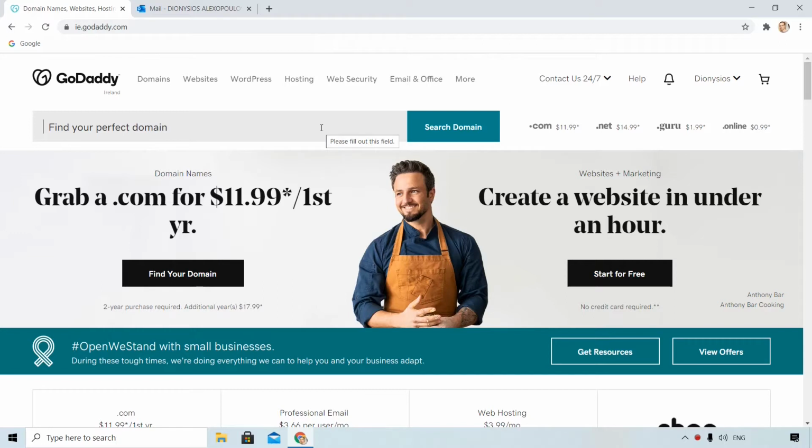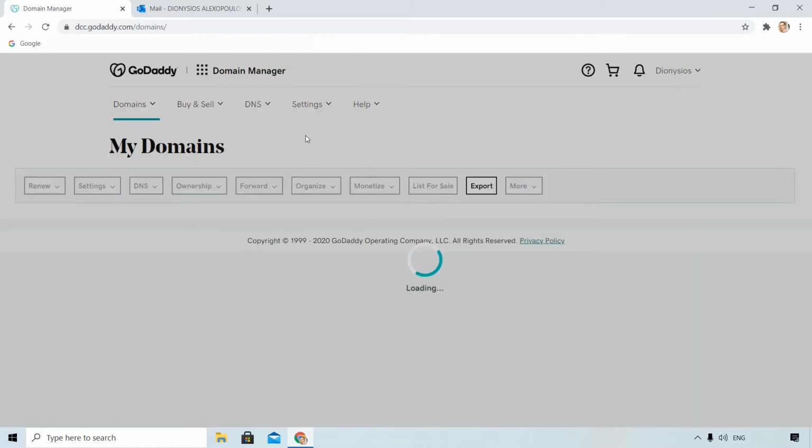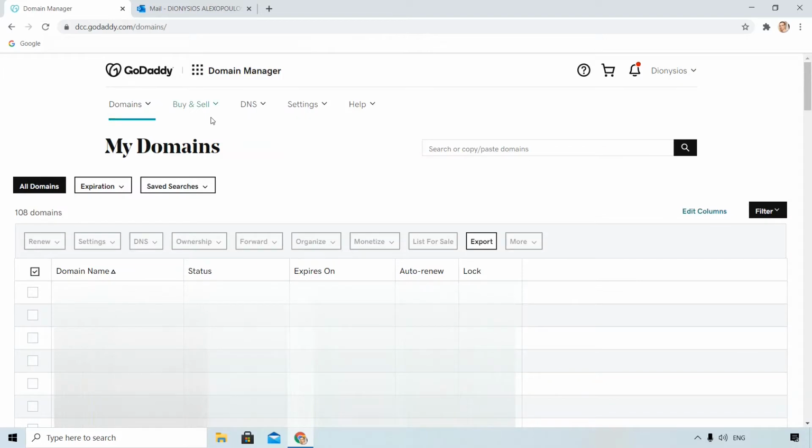I have already signed in to my GoDaddy account. I need to find my domains list. I click here up right and I can click manage domains, or my products, scroll down and choose manage all. For now I will click manage domains. Then here on the top you will see a section buy and sell.